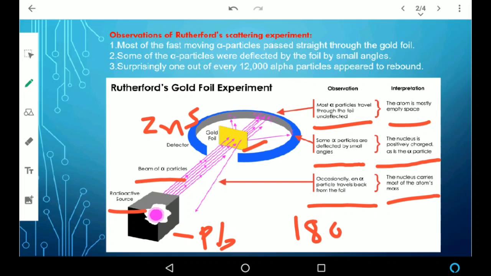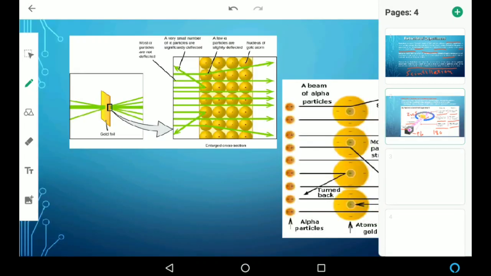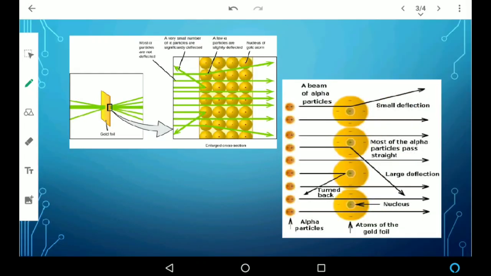Moving towards the next slide, here we can see the zoomed out image of the Rutherford experiment, where you can see that there is very small deflection in some of the particles. Most of the particles are moving without any deflection. There are some large deflections also, there are some turning back also, and very few particles strike like this and return like this. That means the charge that is localized on the nucleus is also positively charged.